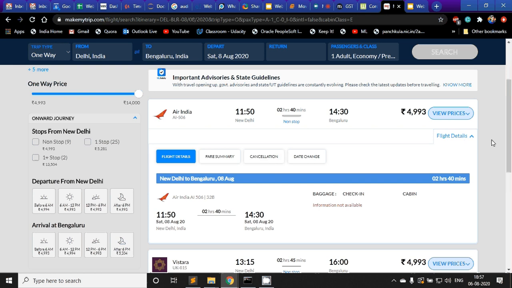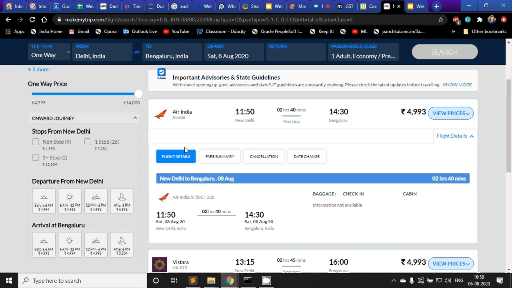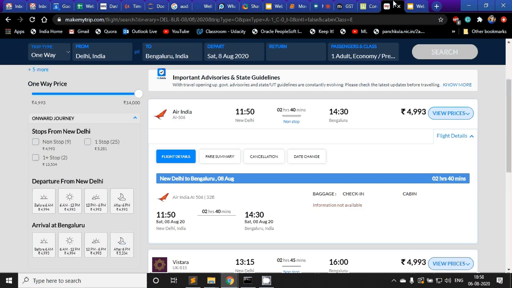It was like this, and when I clicked it, this data came. So this is the third kind of website, that is, data generated by user interaction. To scrape each of these, the strategy will be different, even though they are on the same page. We will discuss both of them in the coming course.